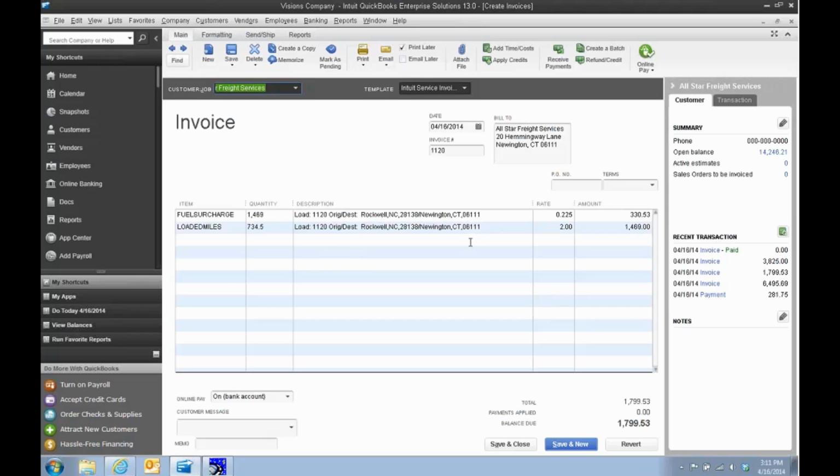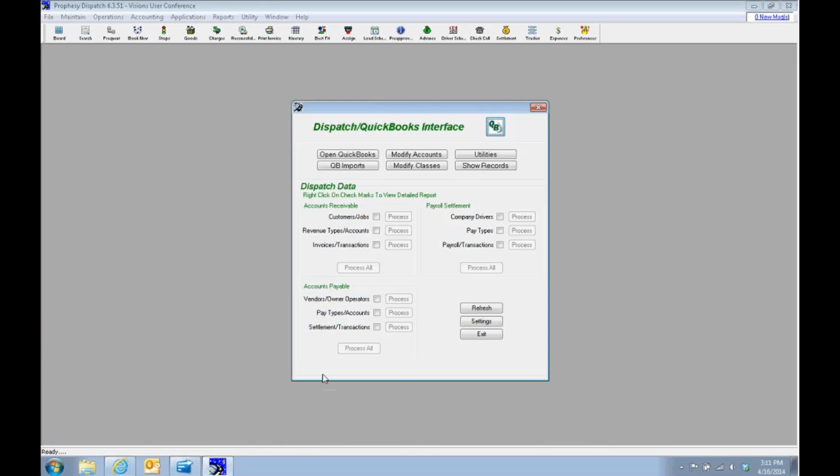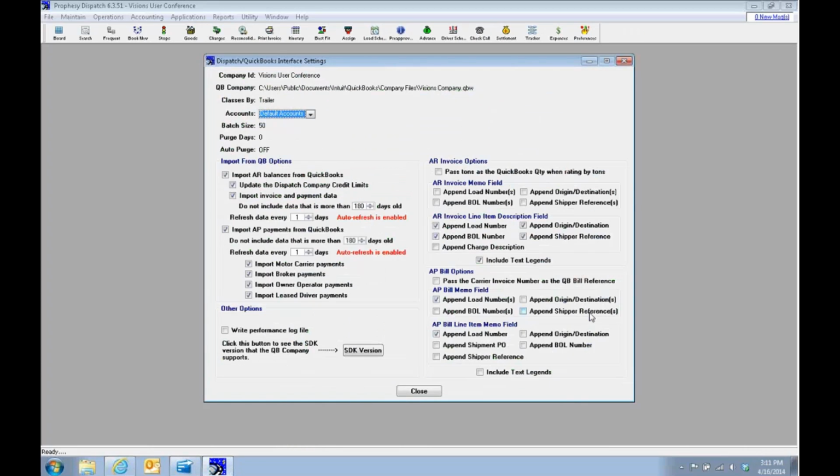can be controlled by some settings that we have on the Dispatch QuickBooks interface. If this is showing too much information, or if you'd like to add some other things, like a bill of lading number or shipper reference number, back underneath the Prophesy system, on the Dispatch QuickBooks interface, there's a Settings button here. This Settings button controls different things that we'll be able to transfer on the invoice when it's sent to